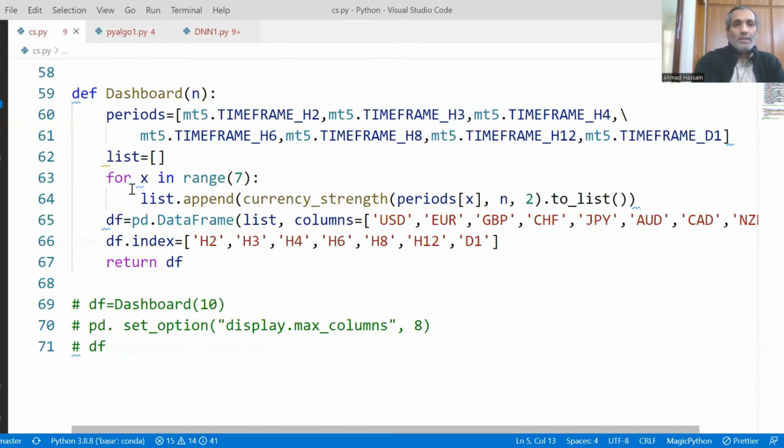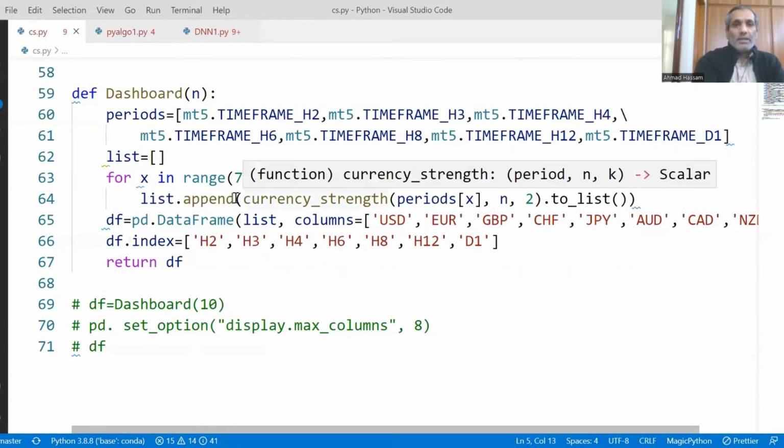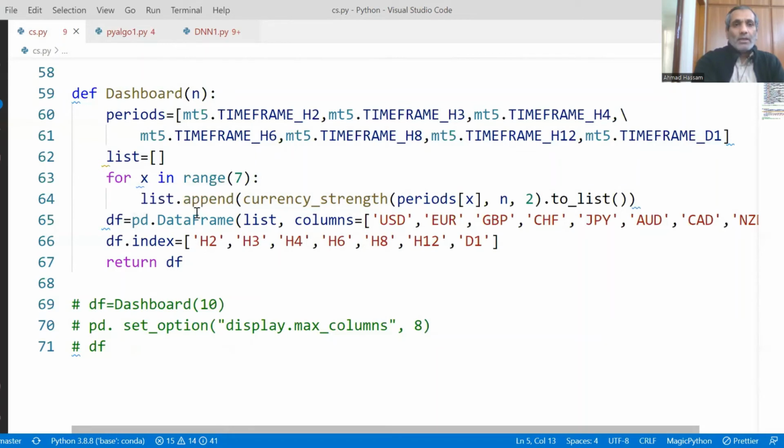And we have an empty list, and for X in range 7. Range 7 means we'll iterate from 0 to 6. We calculate the currency strength. If the period 0 means H2, it will replace it with this enum value, and we give 10, let's say, then 10 and this second last bar, it converts to list, and we append that to the list.